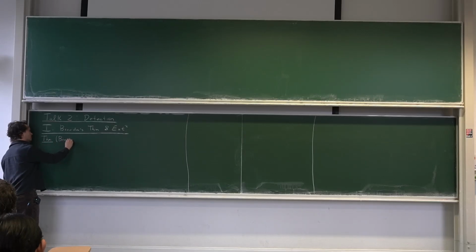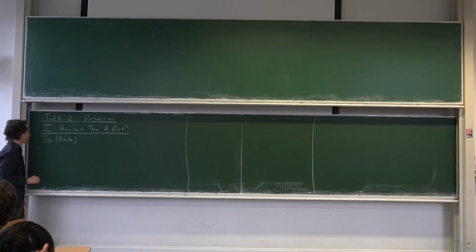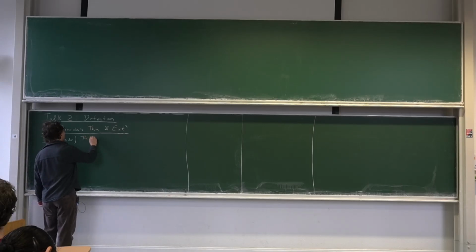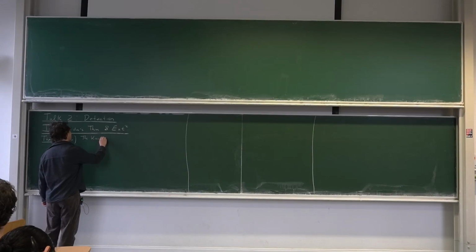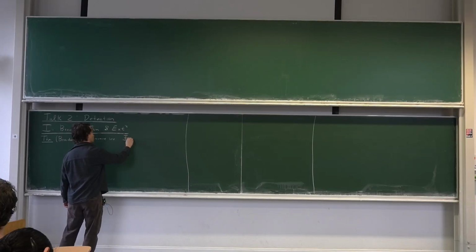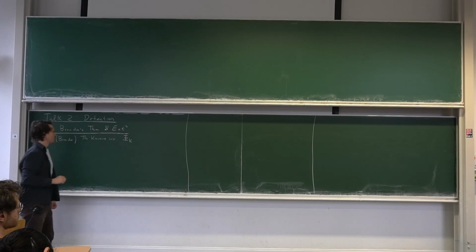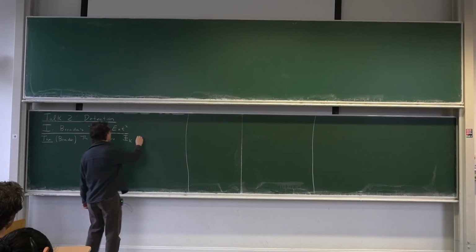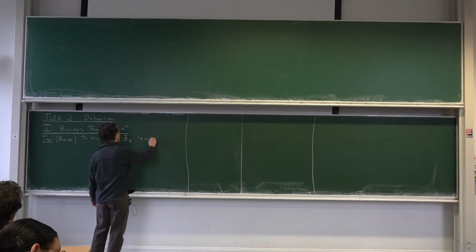I stated this last week, but I'll say it again, which is Browder's theorem, which says that the Kervaire invariant, which was this homomorphism phi k, is non-trivial